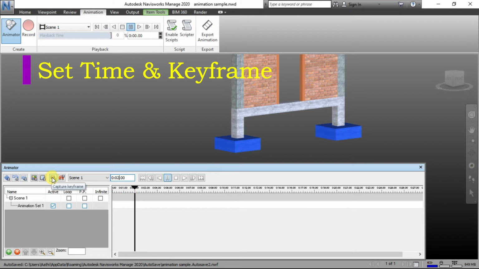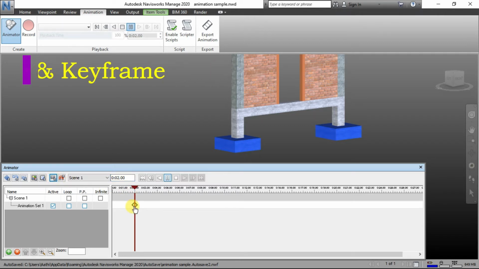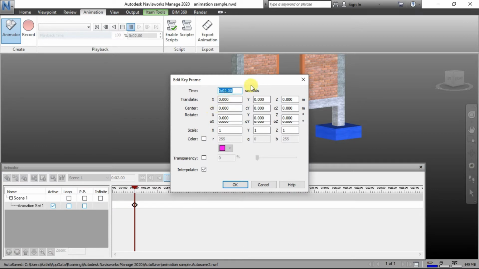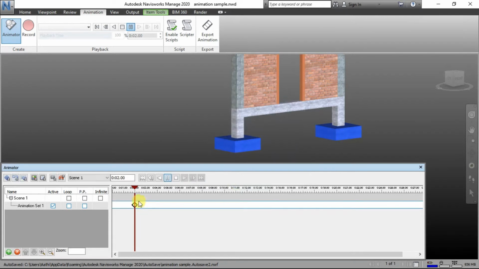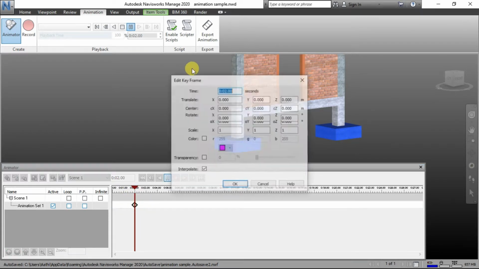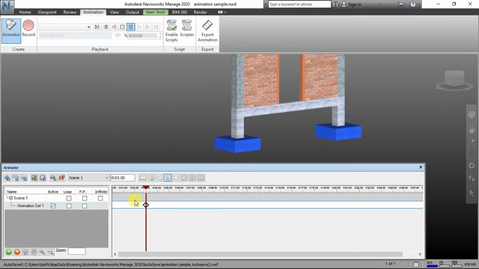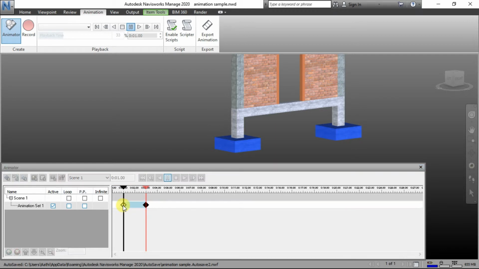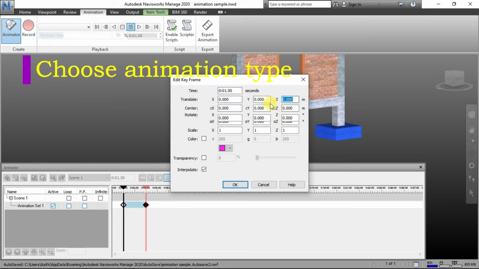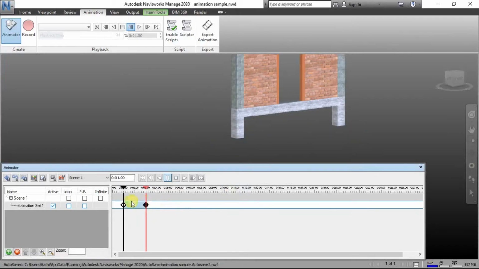To add a keyframe at the time value which you entered, you can control the time in the keyframe also. So I am just making it 3 seconds. You can see a lot of options in keyframe: X, Y, Z, rotation, scale and transparency also. In this video I will show you how to control it with our Z option. So I am making the Z value 8 at keyframe 1 and it remains 0 in keyframe 3. Let me show you how it works.